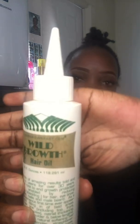So I'm going to take down the rest of my locks and I will be right back with the results. So I actually forgot, when you are taking down a style out of your locks, it's good to put oil on your hand so you can prevent frizz, and you can also moisturize your locks while you're taking them down. This is Wild Growth, and I have a few different oils and essential oils in here. So I'm just gonna put just a little bit in my hand, just to put that moisture,